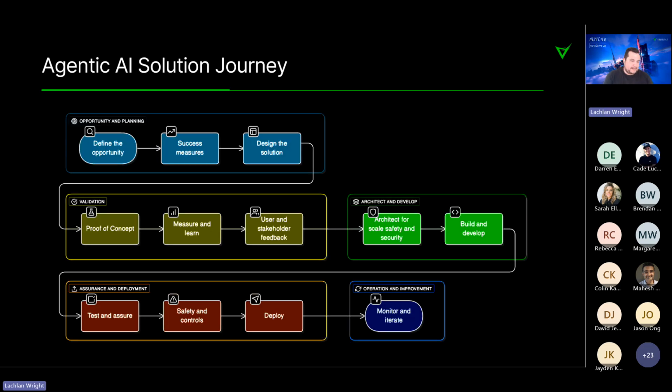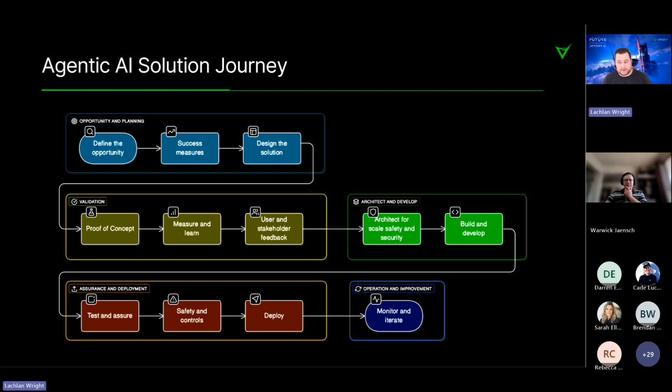So what does it look like, and how do I go from, great, I've got an idea for an agentic or generative solution, how do I get to prod? And so that first step is going to be about the opportunity and planning. So what is this thing? What's it going to be? But really importantly, what does success and good look like? And the Amazon approach, write the press release and work back, is really good here. Some of those kinds of things, setting smart goals, that kind of stuff, to work out what am I going to do? What are the KPIs and measures that mean that this is a winner and that I'm going to back it? And if I find that it's not, being able to accept that quickly, fail fast, and move on is really important.